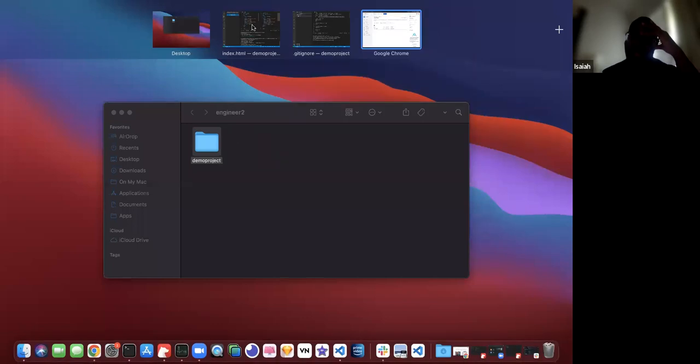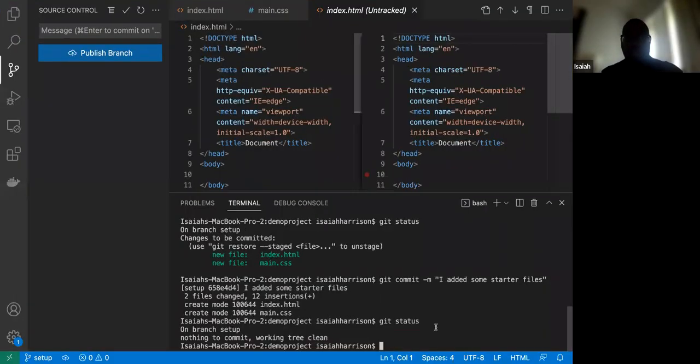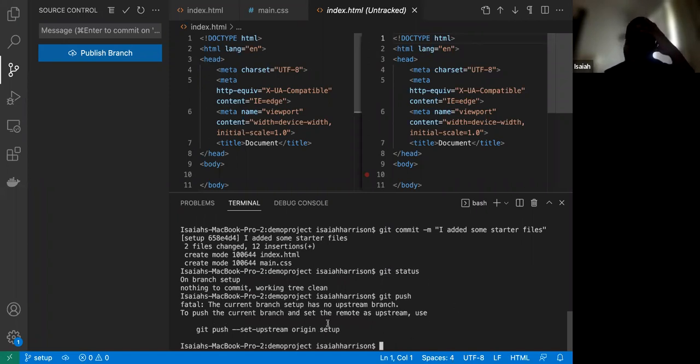So if I go back to engineer one here, to add that, you can either press this button in VS Code, it says publish branch, or you can write git push inside of the terminal. So I'm gonna run git push, and when I run this, we get an error. It's basically telling us that we can't just push it online because this branch does not exist online yet. And since this is a new branch, we want to copy this here. They basically give you the directions, and I'm gonna paste that. This is putting this setup branch online for us. If I press enter,